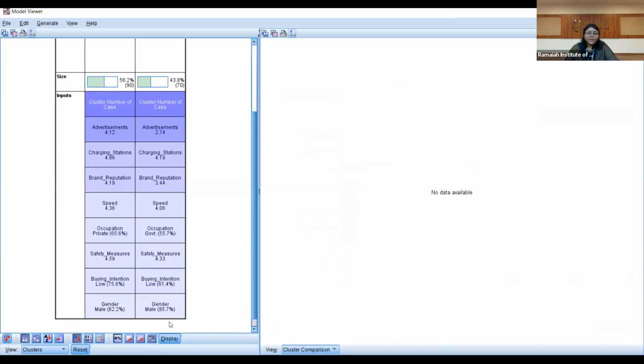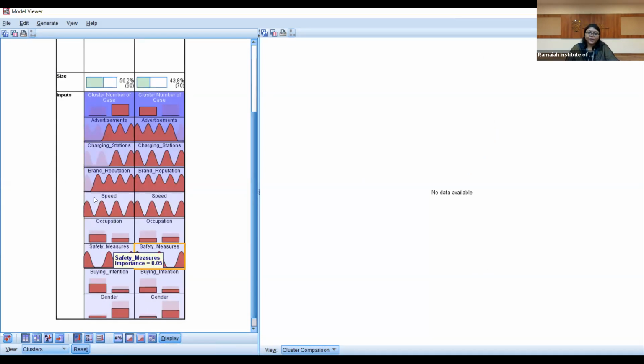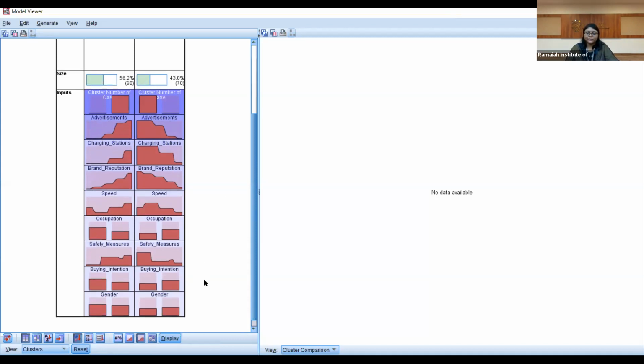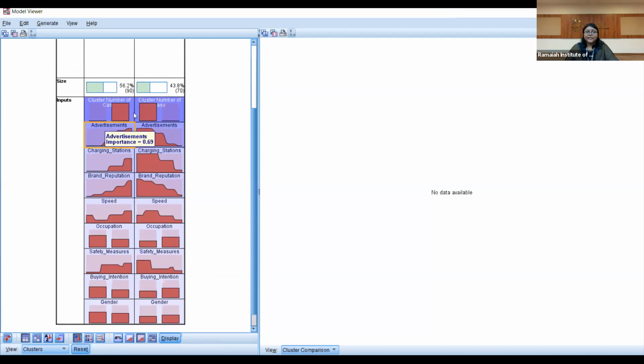With this, you can also see some options below which are available. Now this will show you, hope you can see these colorful pictures, how important it is, or how the variations are. So based on this, you can have a report. Now with this, we complete our cluster analysis.